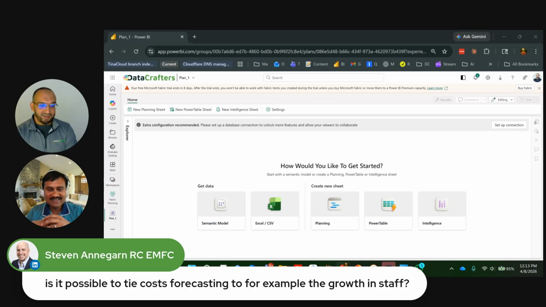Let me end with this, right? There's a question right now, as you can see on the screen. Is it possible to do cost forecasting and whatnot? It's like Excel. You can do whatever you can design, and it will work. It doesn't have the limitation. It has the whole shebang. It has the visuals. It has the writeback. It has the info bridge. You'll soon figure out why that is useful, right?